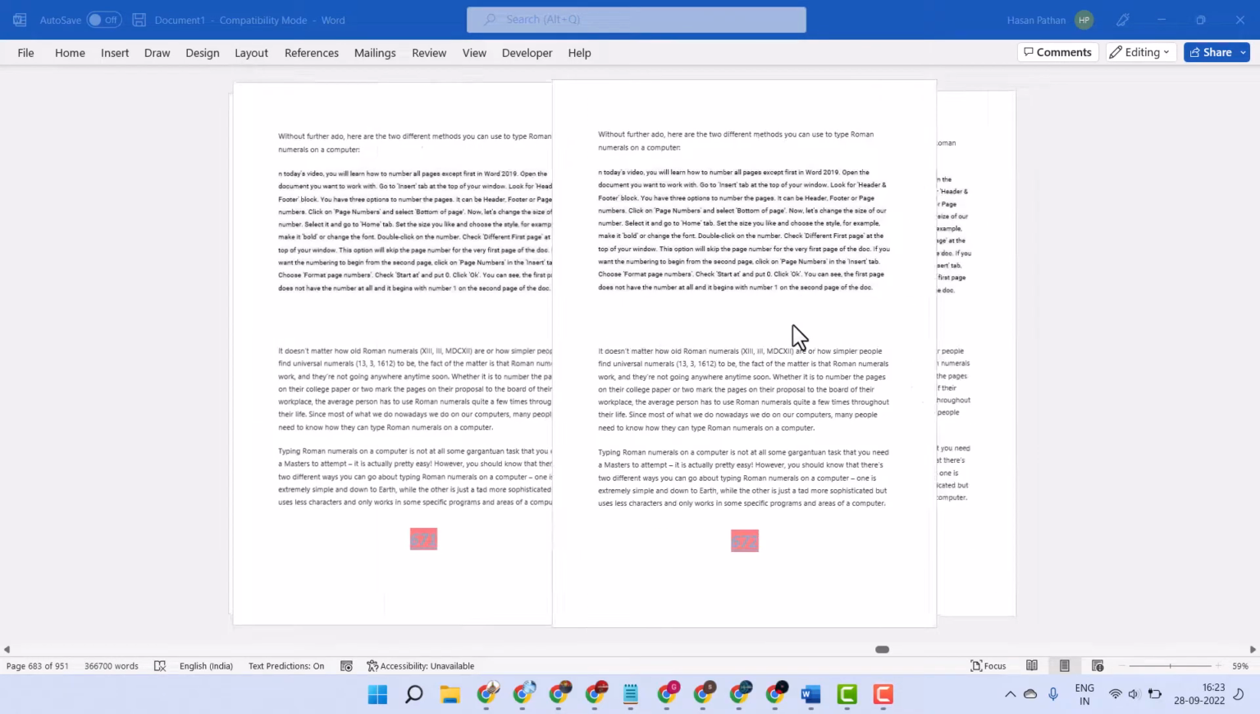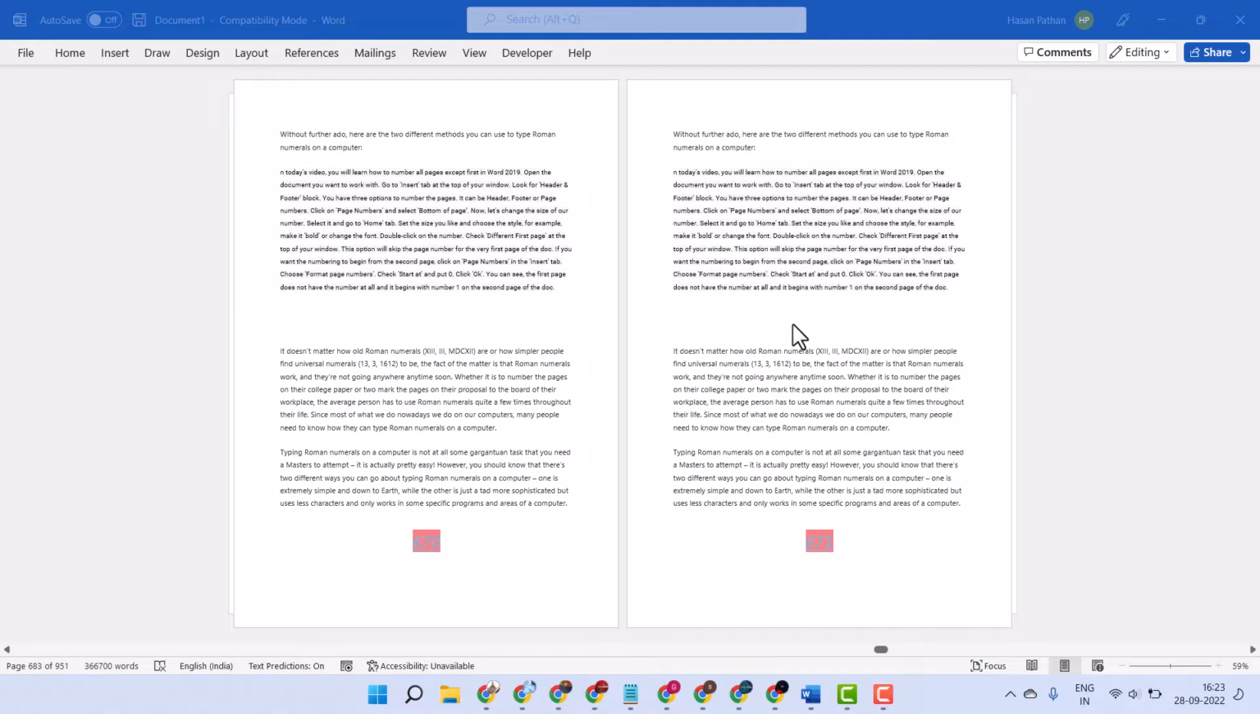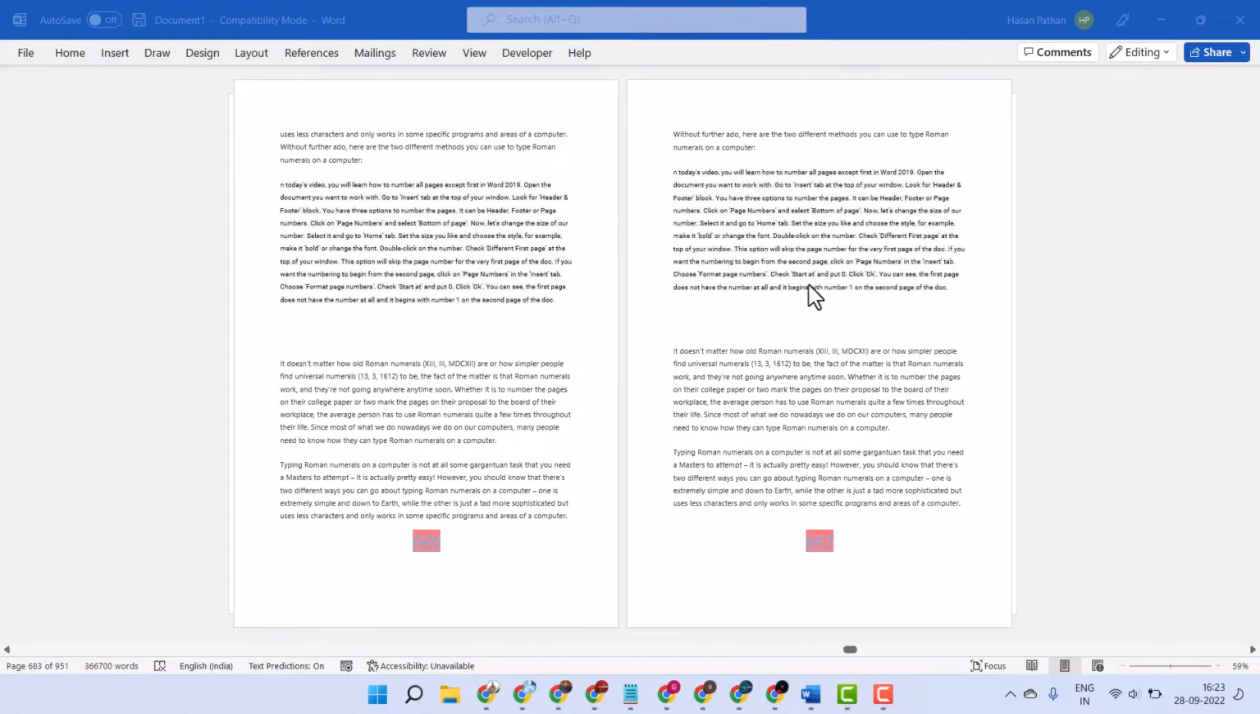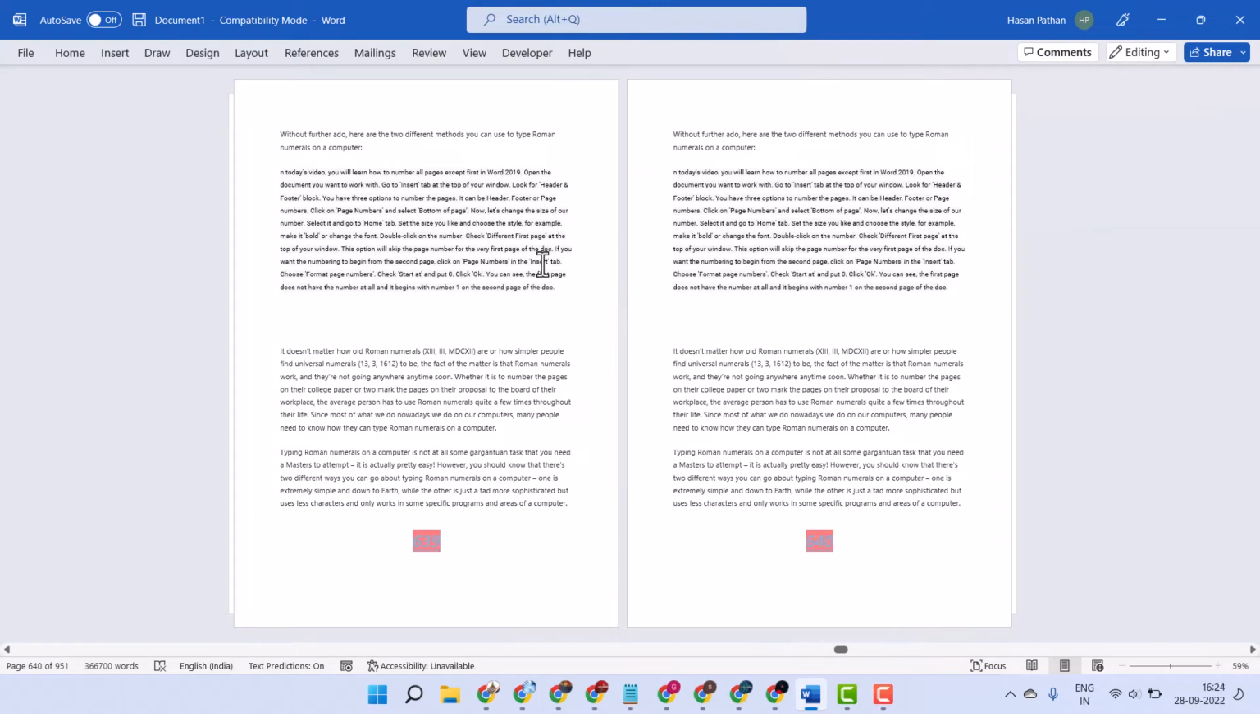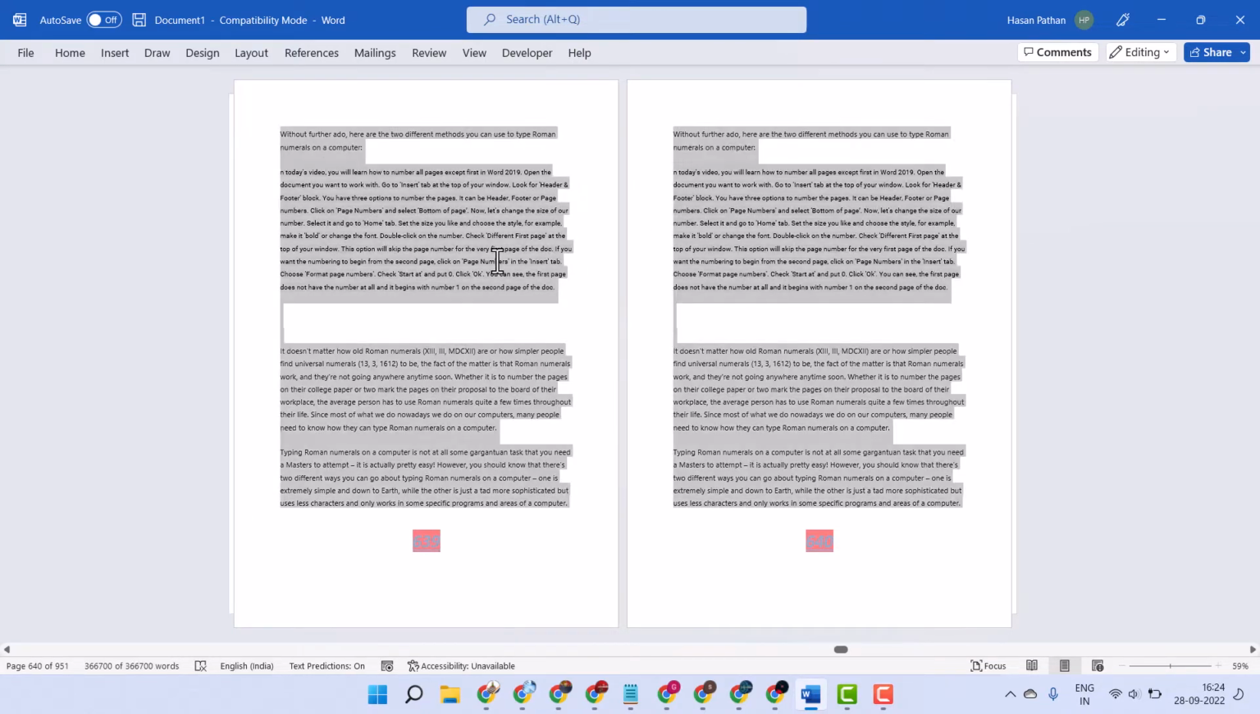In this video, I will show how to add a border to a paragraph in a Microsoft Word document. So guys, if you need to add borders to all your paragraphs, press Ctrl A,